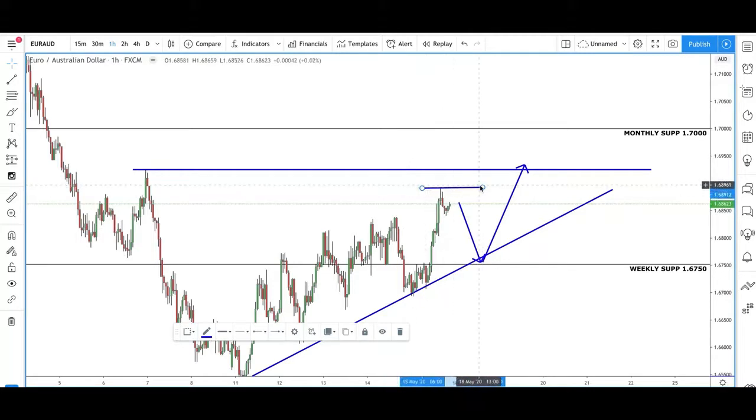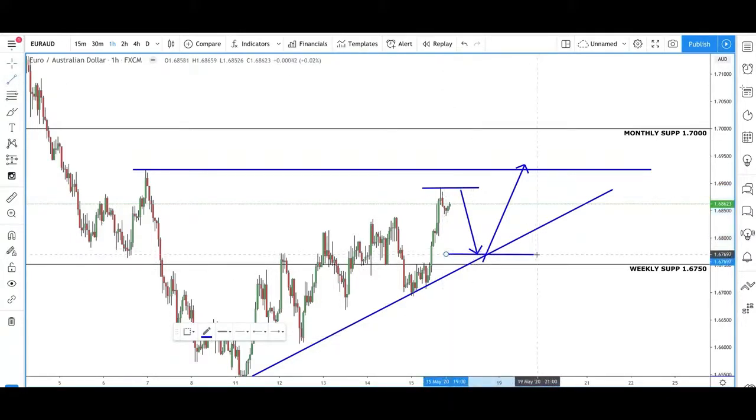So interesting level here. You can see we just found some resistance. We'll see how price reacts. Remember, always wait for the second touch. Price isn't just going to make a high and then move away straight away. And when we come back up, reject this level, then we could be looking at a trade short term back down to come and make a new higher low, possibly around these levels, to then go up and make a higher high.